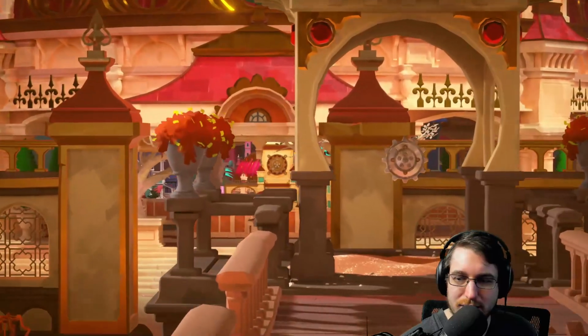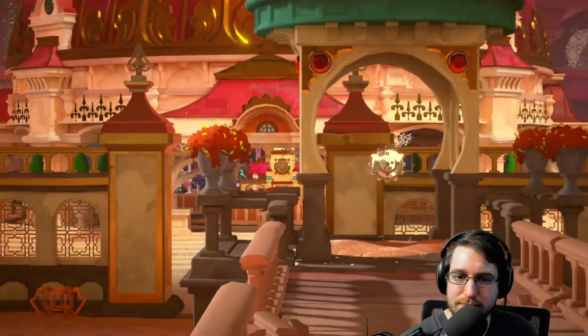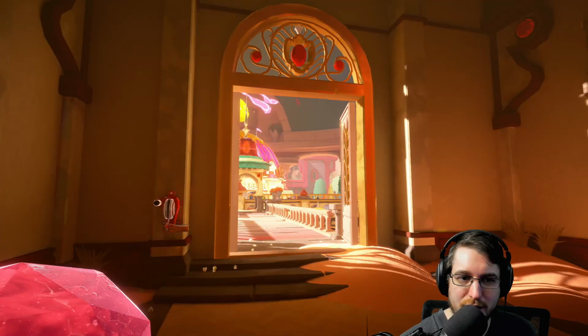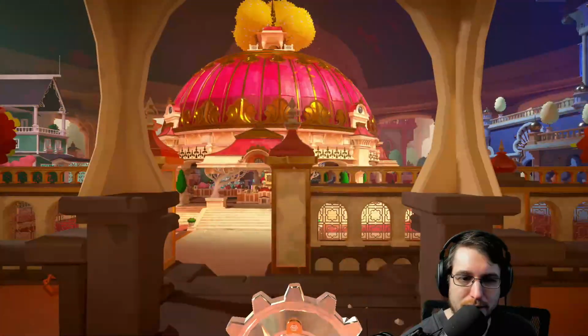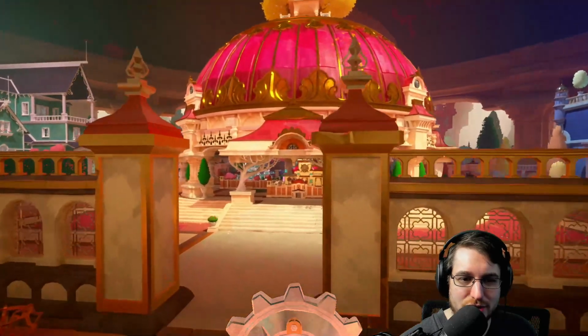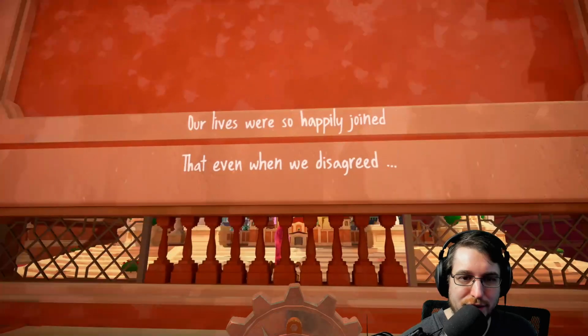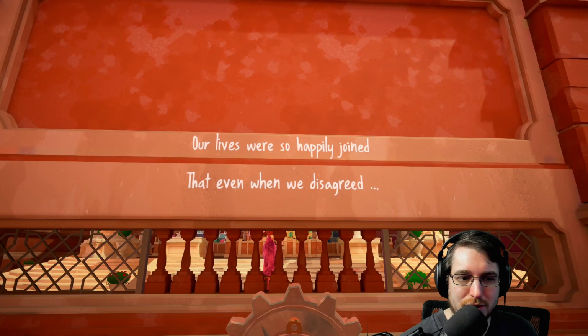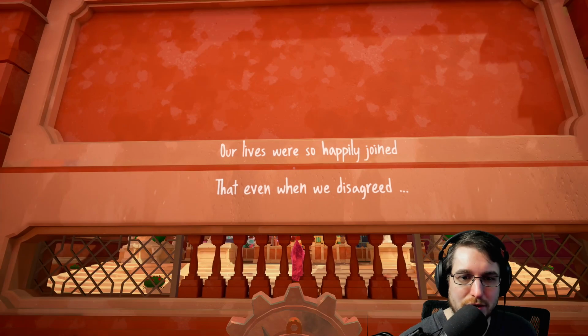Oh, a bridge. I saw someone on Twitter saying that the way that they speak to each other is incredibly wrong. And I don't know if I agree. I mean, it's definitely exaggerated and a bit hyperbolic. But I feel like this whole thing is sort of a game of telephone with ethereal memories. So it kind of feels like an idealized way to remember the interactions they had, more so than a literal depiction of the words they spoke to each other, if that makes sense. So I'm not receiving it in the way that that person seemed to, even though I also grant that it is a bit over the top too. And it doesn't seem that far-fetched either. It's just a little exaggerated. Our lives are so happily joined that even when we disagreed...